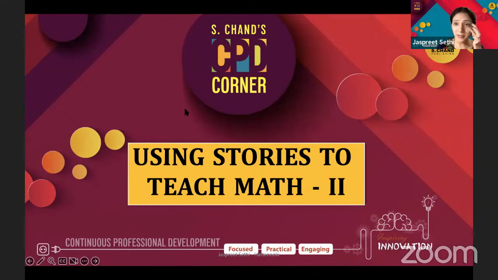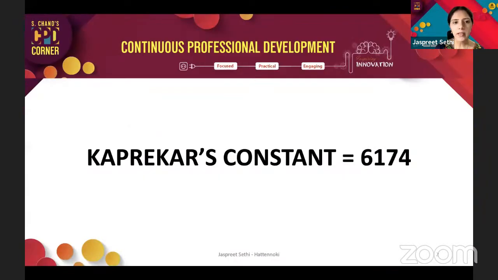So today we are going to start with a game, as we started yesterday. Yesterday I had some questions after the session. Some of the teachers said that the game we played at the very beginning, I missed out on the name. What's that number? I just want to reiterate. That is Kaprekar, an Indian mathematician's constant, 6,174. If you missed how you find it, you can Google it now.